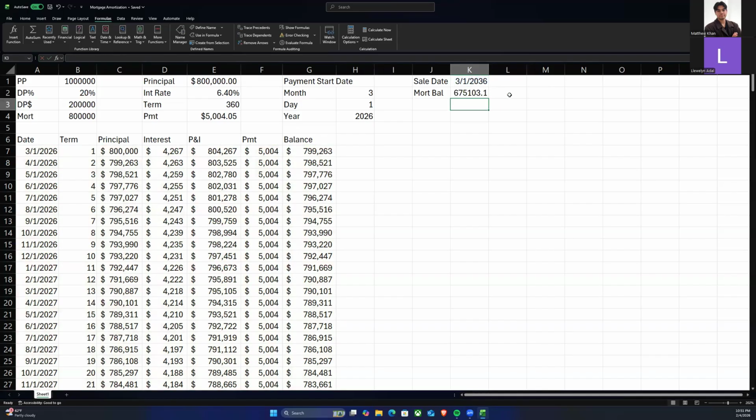press enter. Okay? So what this is saying is that if you sold the building and you are paying off your mortgage, right? The mortgage balance will drop from $800,000 where you borrowed it to